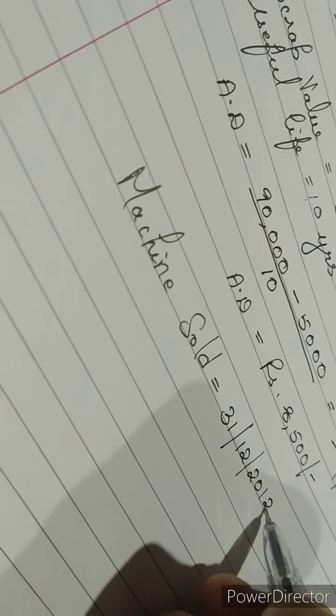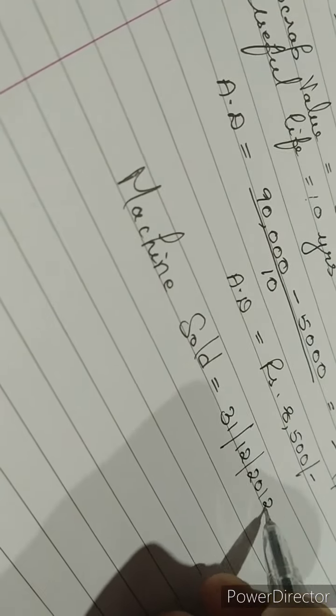Now have a look at the illustration. The books are closed on 31st December. Every year you have to prepare the machine account. So the accounting period which Sahiti and Company is following is 1st of January till 31st of December. We are supposed to prepare the machinery account, nothing more than that. Children, you have to be very careful when you are writing the working notes. I have just put it in simple calculation to make you understand.